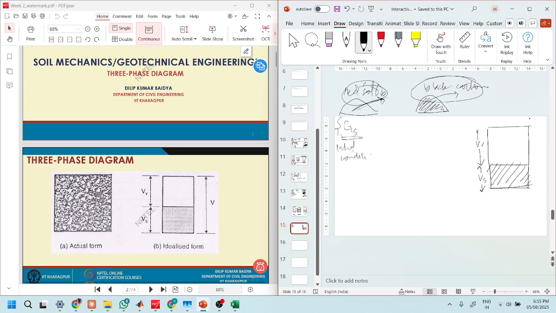Let me assume that I have taken this representative element volume and I have taken this configuration with void ratio e. Let in this configuration the volume of solids be 1. For a unit volume of solids,